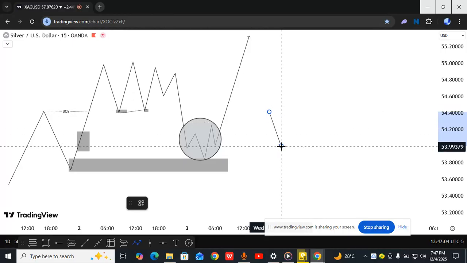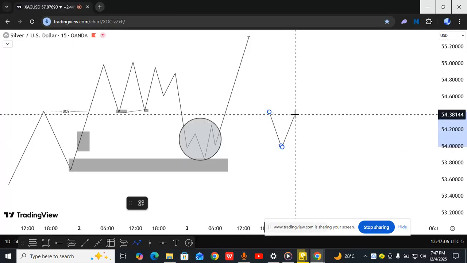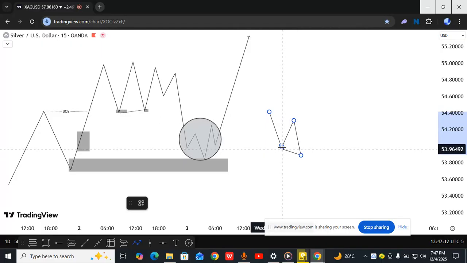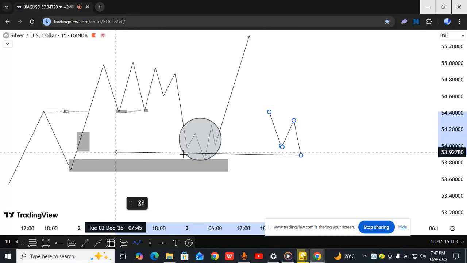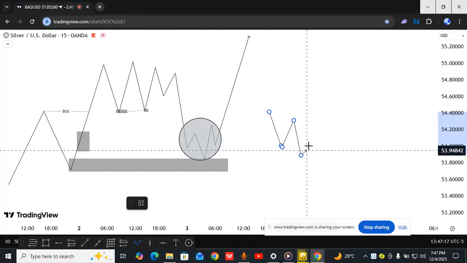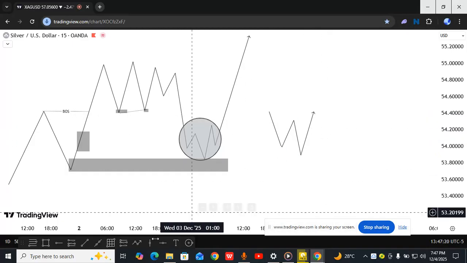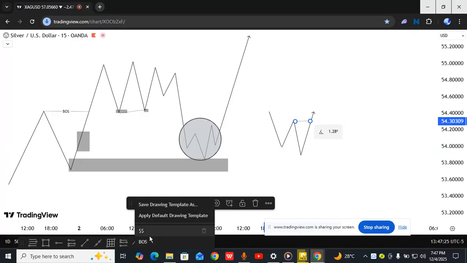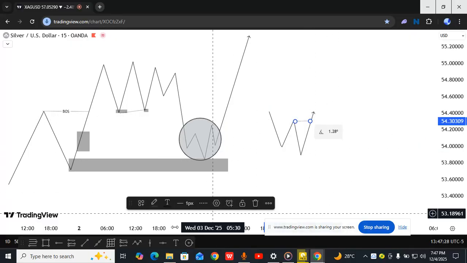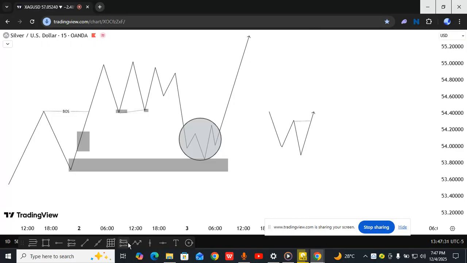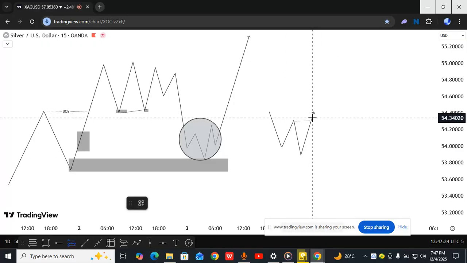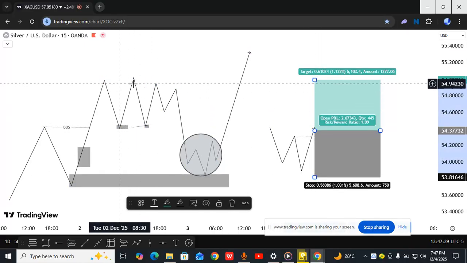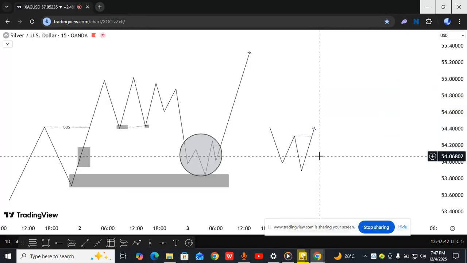because what price does most times is that it will tap the FVG, then it will go back up, right? It will go back up, then it will come back again to take out the liquidity in case you bought from that FVG tap and placed a stop loss. If it takes you out, then it will come back and give you a change of character. Now, once it gives you this change of character over here, then you can take your entry at that very candle that gave you that change of character. Then your target is going to be this high over here,